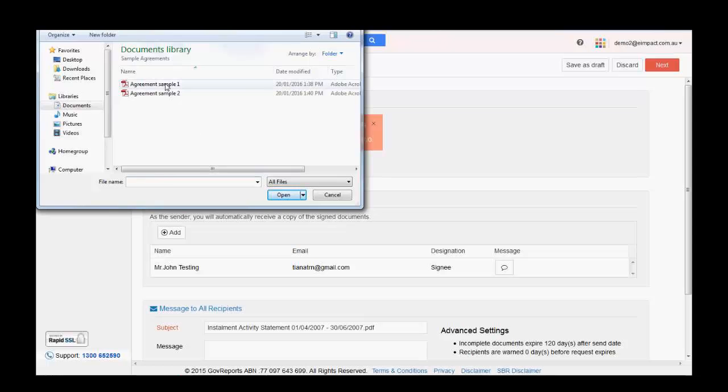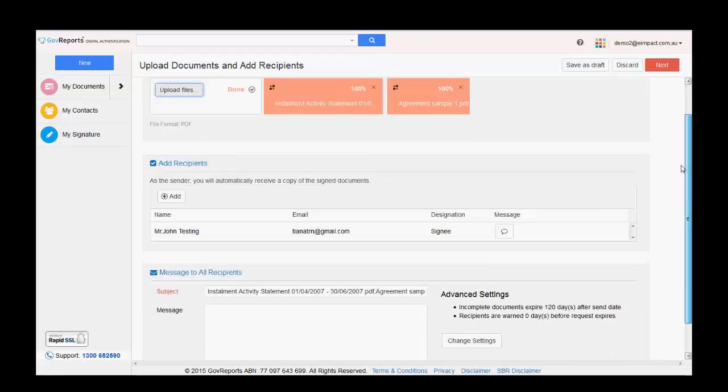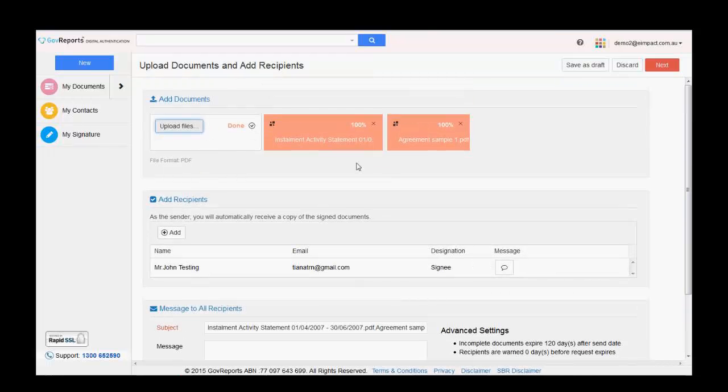This is a sample agreement that I downloaded just a little bit earlier yesterday from the net. In your case, it might be a letter of authorization. Upload that. That has been uploaded. You can upload multiple documents if you want to, but for me, just to give you an example, I just add one. Now, I have already in there the client's details as a signee. I can change the destinations if I want to. If this person is only there for reviewing,